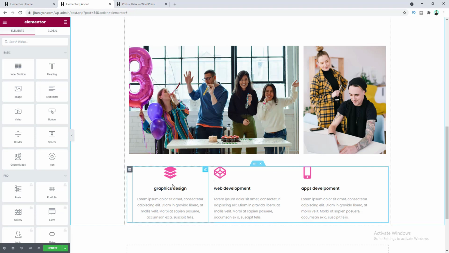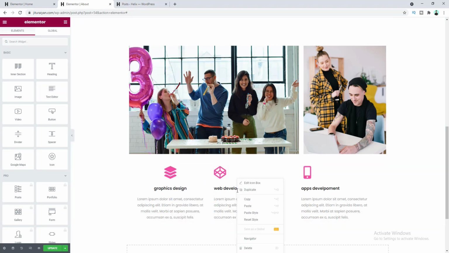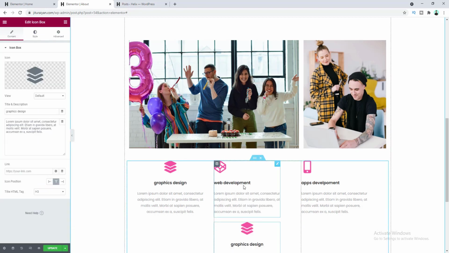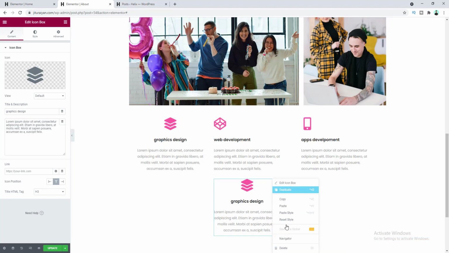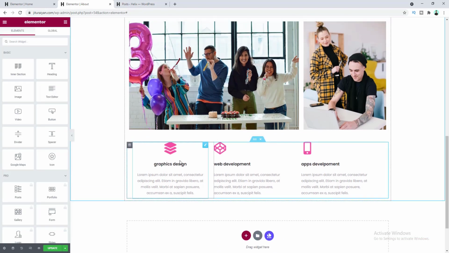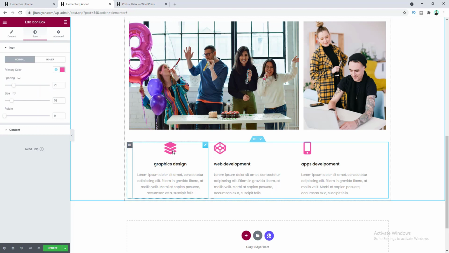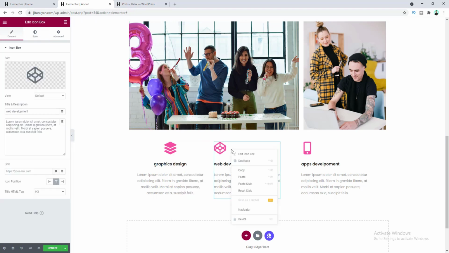And here we will do the same style for the remaining two items. So for this, as before, if we copy this widget and paste it over here, after that we need to change its content, but here we don't need to do that. So let's first delete this, and here instead of pasting this widget, first of all we need to copy this from here, and here instead of pasting this widget, if we select this option paste style,